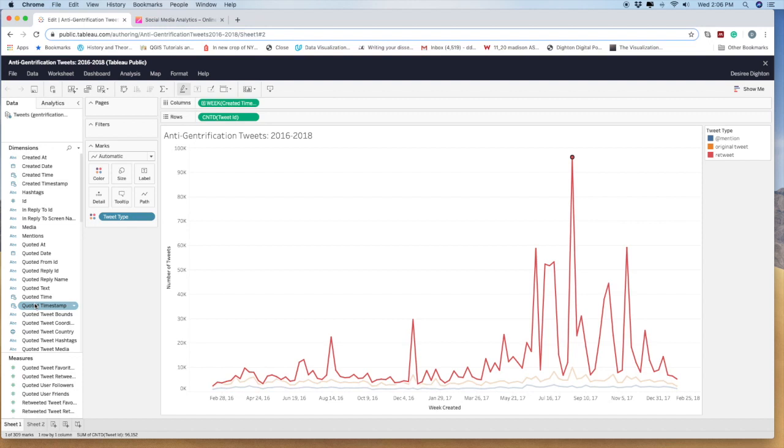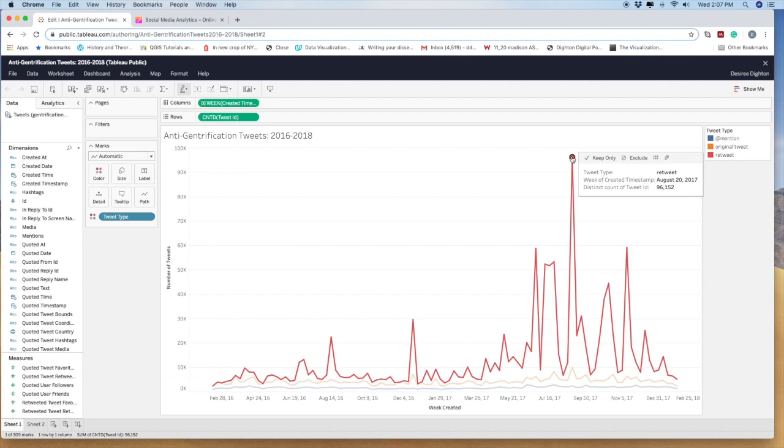This line chart clearly orients our attention to data peaks, which display frequent activity related to a particular time period. In this chart, that time period right now is organized by week. Rolling the cursor over any point on these lines, Tableau will display the tweet type and the unit of time that I've chosen, and then the number of tweets during that time. I can specify another unit of time, which will change the shape of the chart and how